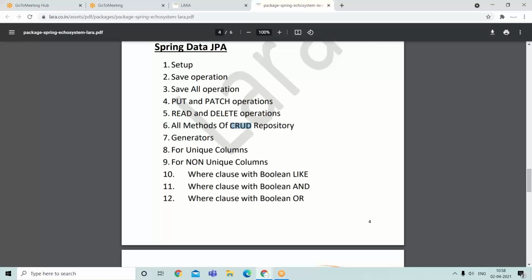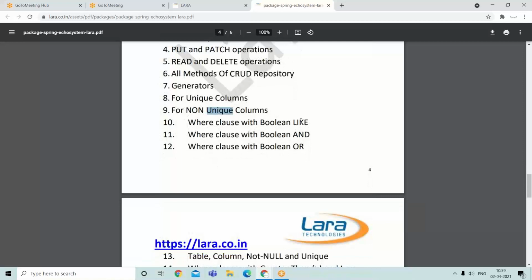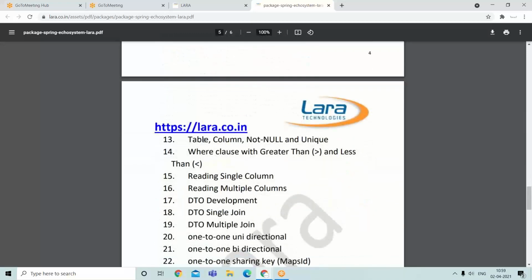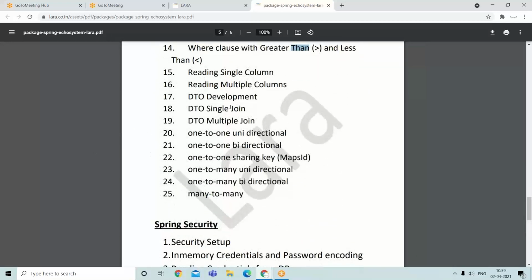Create, read, update, delete. What are the different types of generators available? How to achieve unique columns? How to achieve non-unique columns? Where clause with the different booleans like and, or. Renaming a table, renaming a column, achieving not null, achieving unique. Where clause with greater than and less than. Reading a single column,